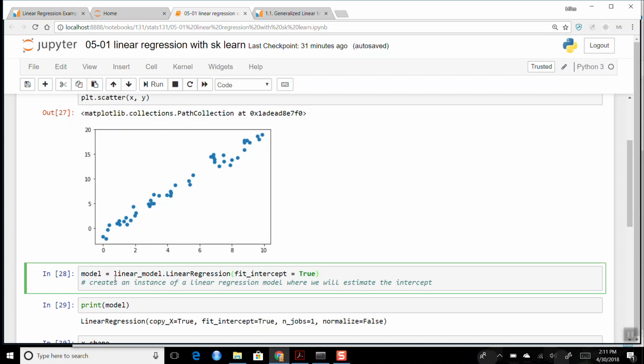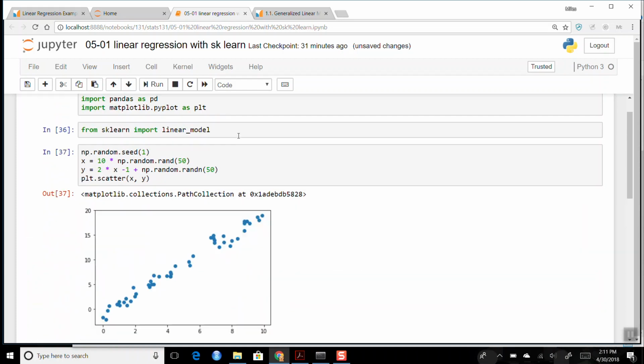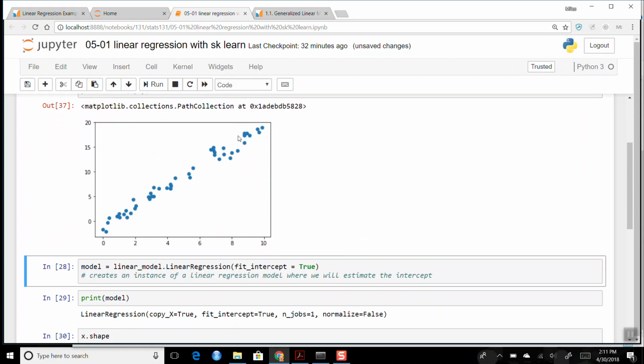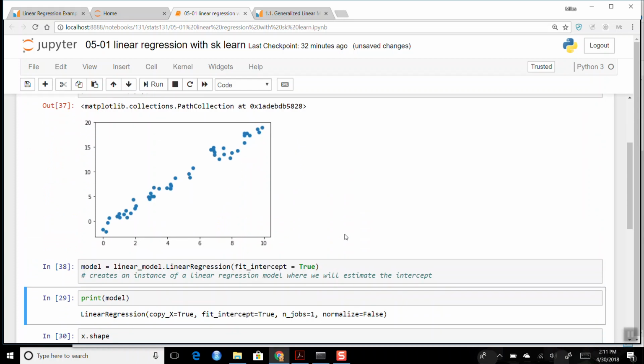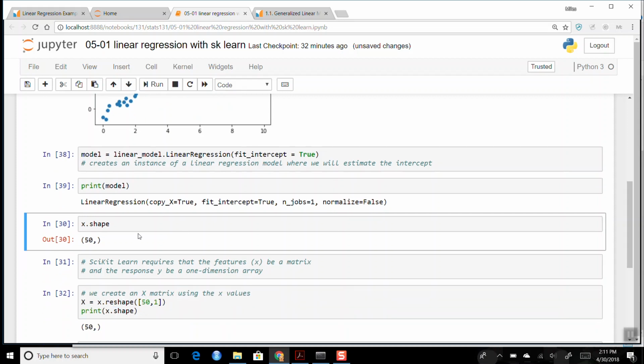So after I define this, if I say print model, right now it just says this is a LinearRegression object, copy_X is True, fit_intercept is True, n_jobs is equal to 1, normalize equal to False, okay? And then if I take a look at my x data,